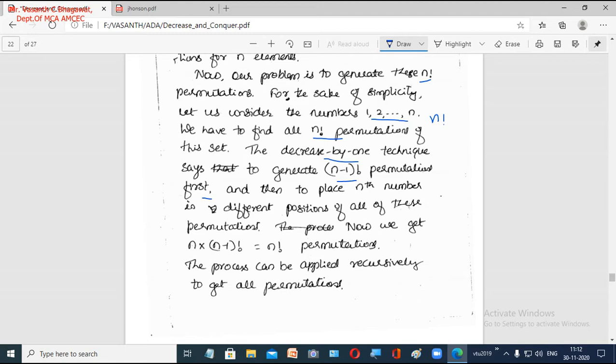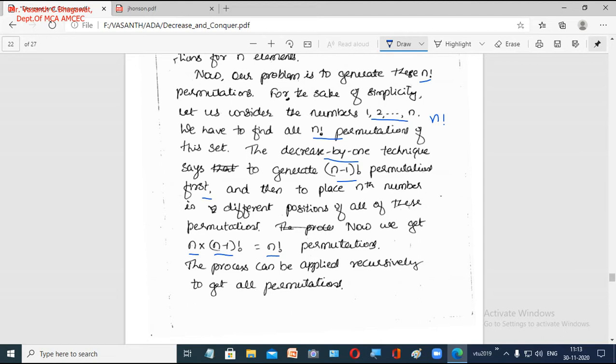That is what the decrease by 1 technique tells us. First you find the n minus 1 permutations, and if you extend that with the last number n, you get the n permutations, the final result. So instead of finding for n, we find for n minus 1, because it is simpler for us.